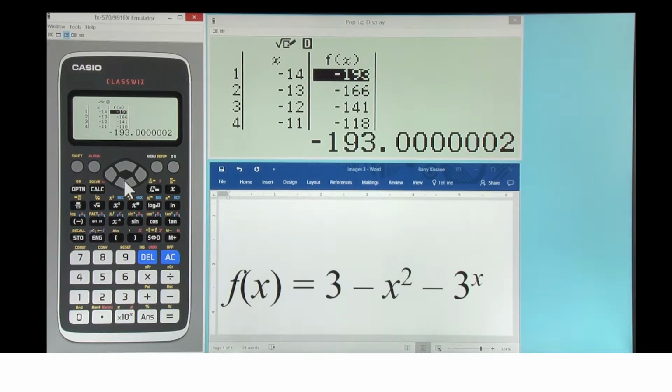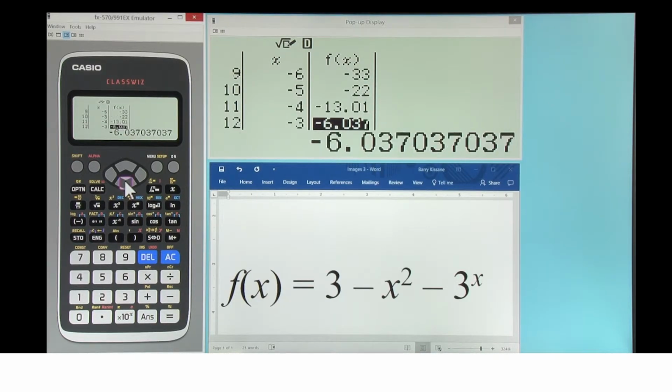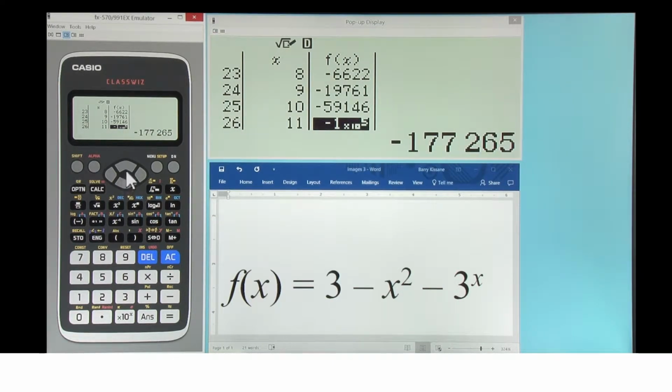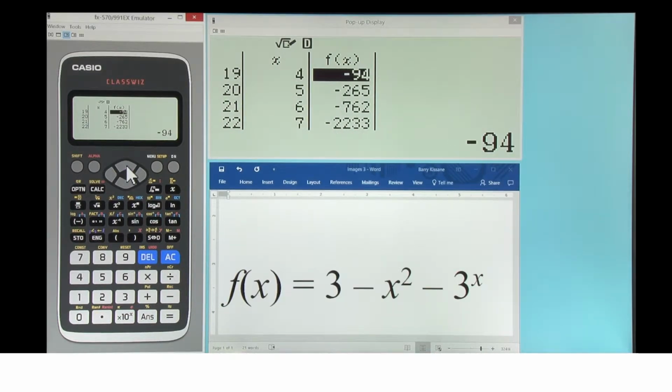And here's our table of values, and we can use the cursor to go left and right. We can see when x is negative 14, it's a very large negative value. We can go right down many times and see some values are positive. Then we get some negative values again. So we can see the values every time in a larger font here at the bottom of the screen. Most of the values are negative.